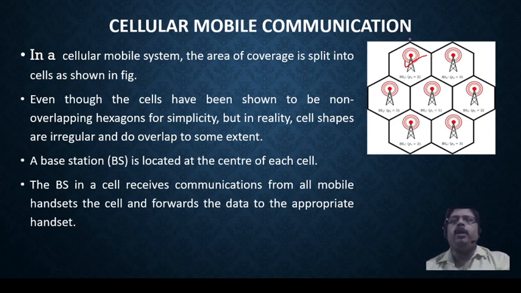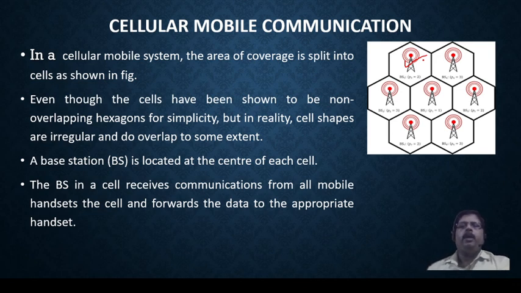But usually the range of that particular base station is creating the cell structure. And always the base station will be located in the center, because automatically when the signals are propagated from the base station, around it a cell structure is created. What happens is, when we call or when we are connected with the base station, the handset will receive the signal from the base station.